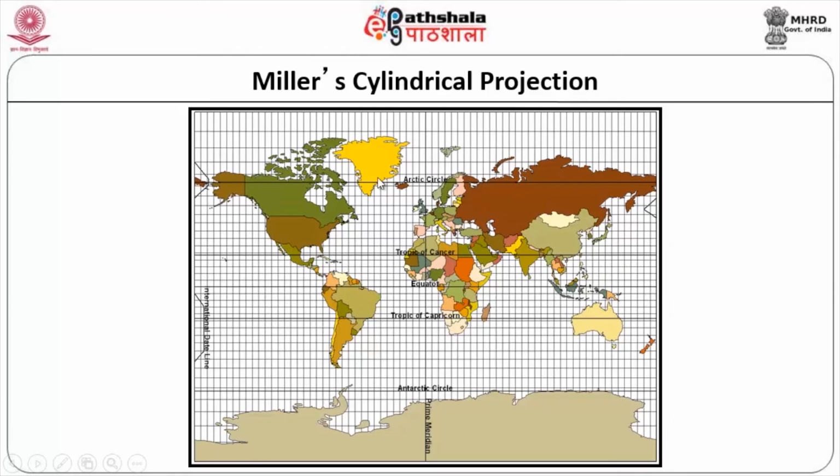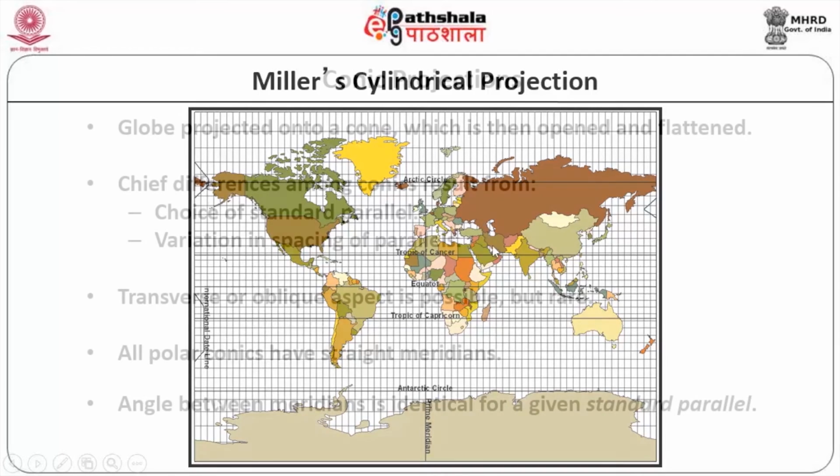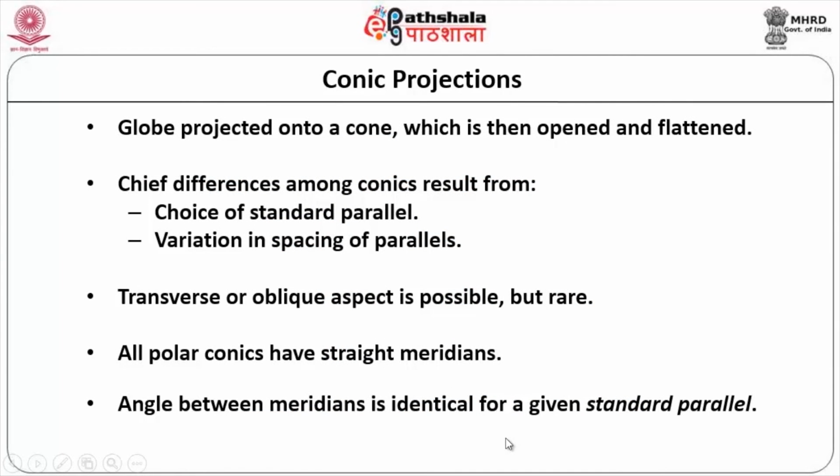In the sense, let me show you how to see that. So, this is your standard. Let me take parallels here. You can see here, when you are moving away from the equator, this distance is varying. Is it not increasing? You see how it is increasing from here to here. But taking into consideration a specific parallel, this distance does not change. That is, the distance between your meridians does not change. You see here, it is uniform throughout. But when you are moving from here to here, it gets affected. So, that is the beauty of this. All the angles between meridians are identical for a given standard parallel. Any standard parallel you take, it will be identical.